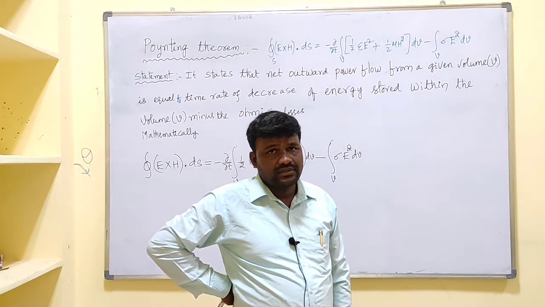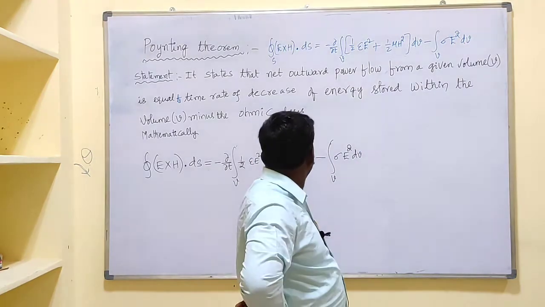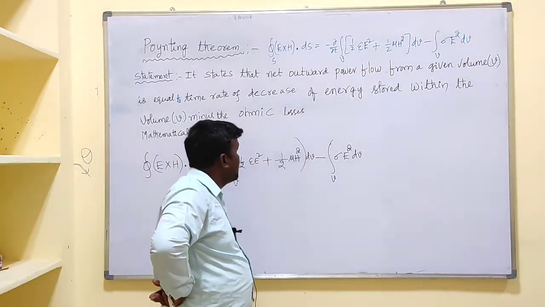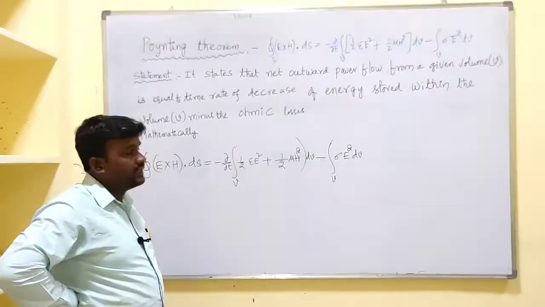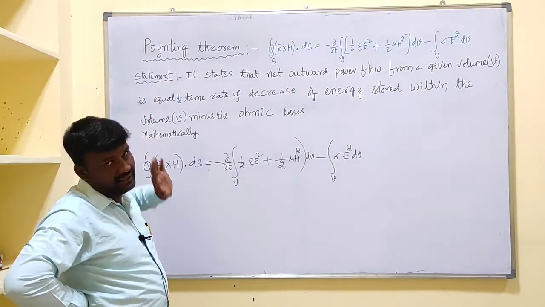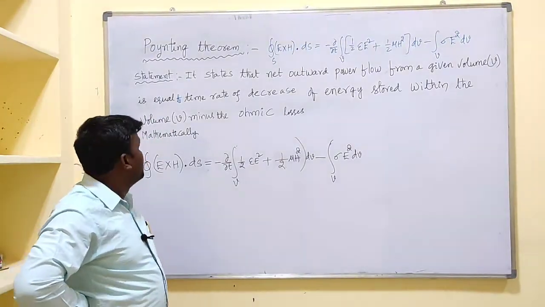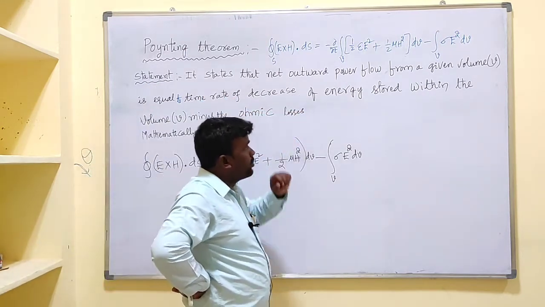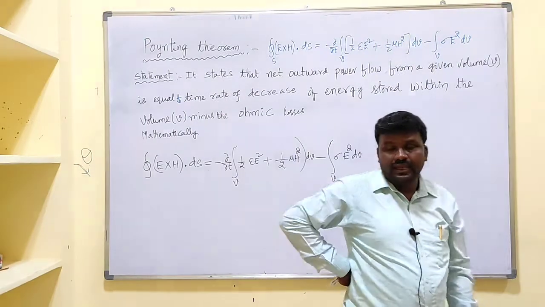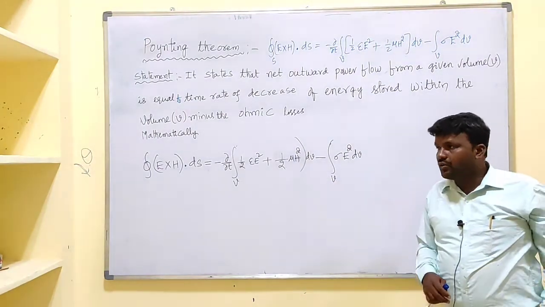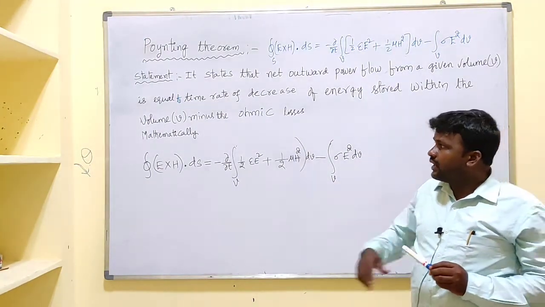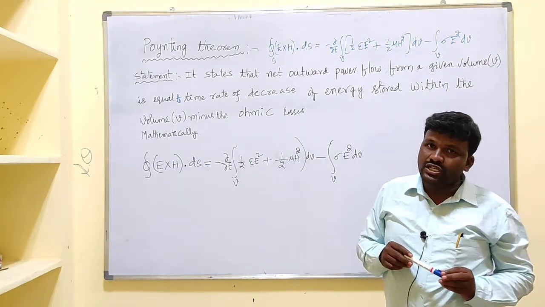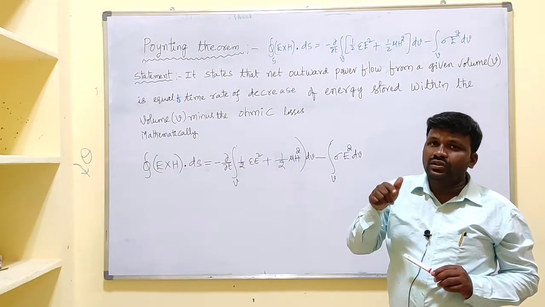In today's class, I will explain one of the important theorems in our electromagnetic field theory. The theorem is nothing but Poynting theorem. This theorem states that net outward power flow from a given volume is equal to time rate of decrease of energy stored within the volume